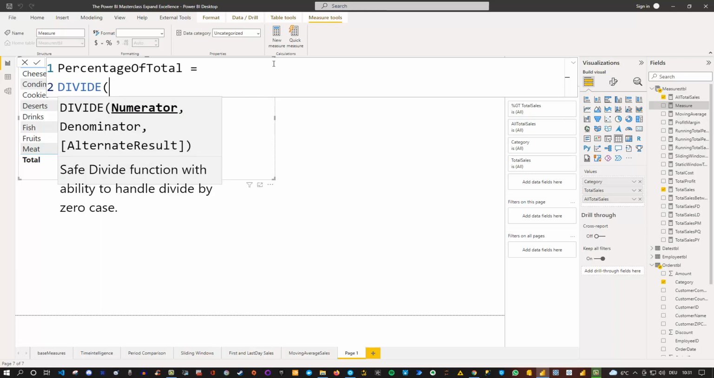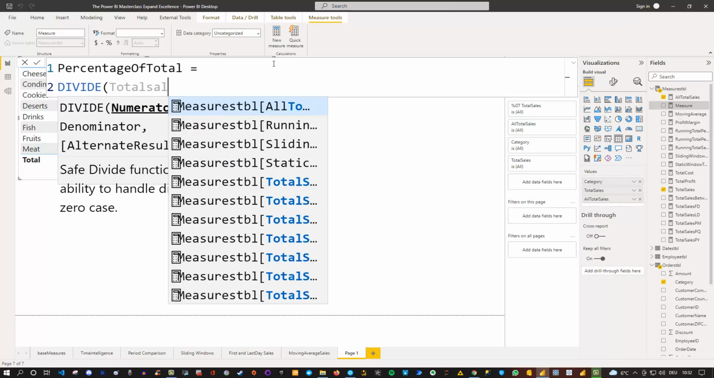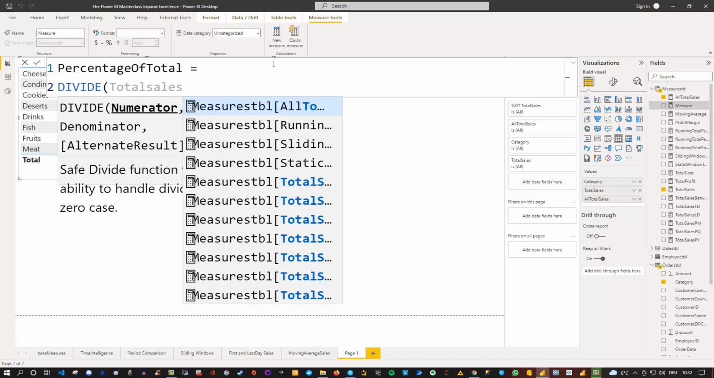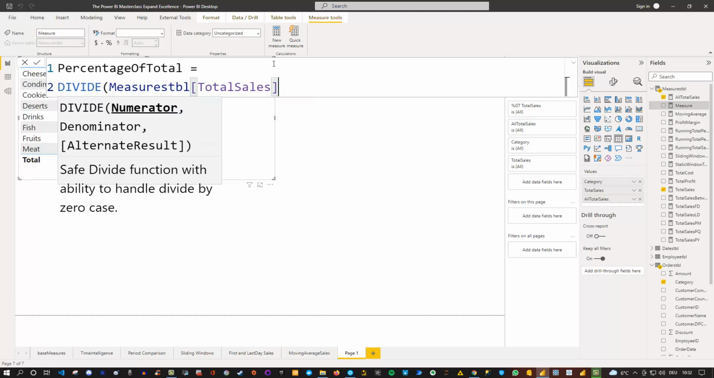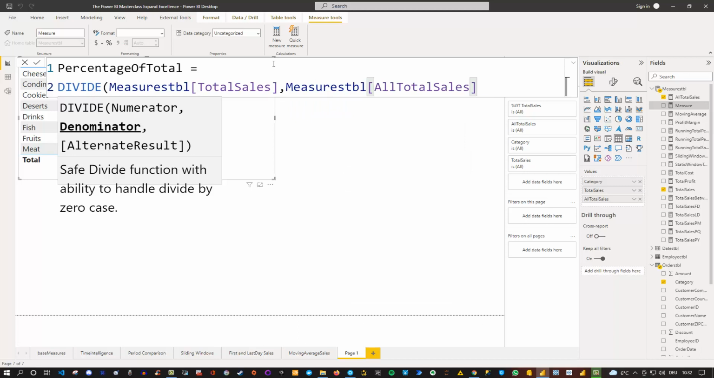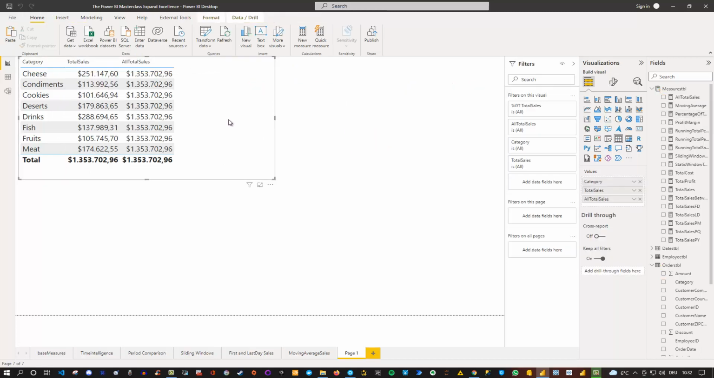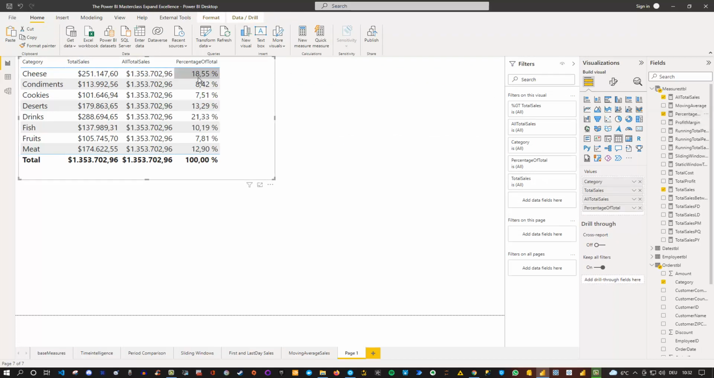And we say we want to divide, in this case, our total sales measure, so total sales, and we divide it by, in this case, the all total sales, right? This one here. You can close this here, and then we can press enter. Make sure that this is percentage as a format here. All right, here we go. And now if we put this inside, percentage of total, tick this option, and we would see here the percentage